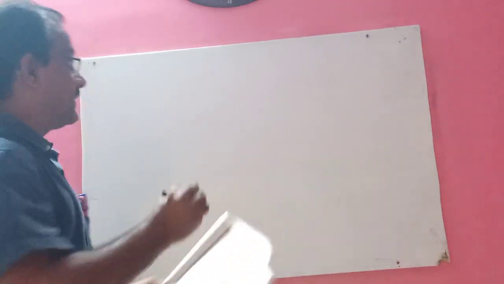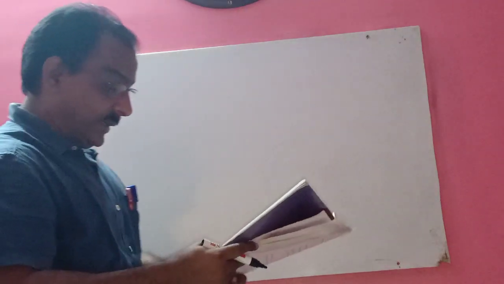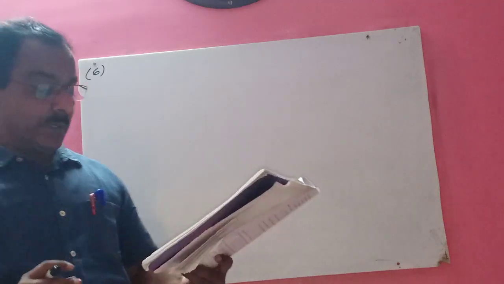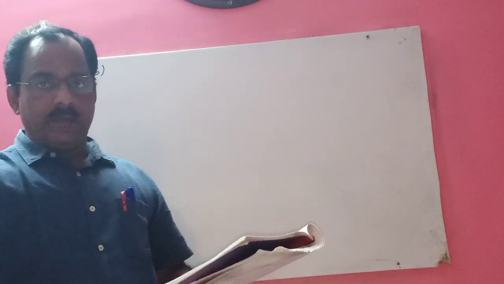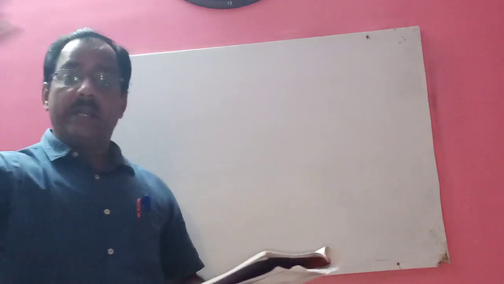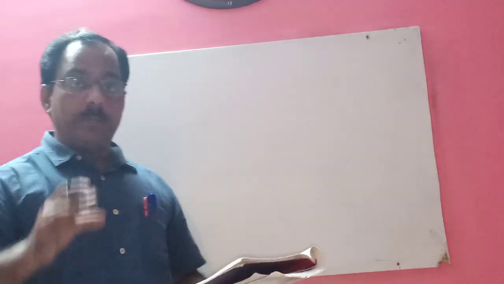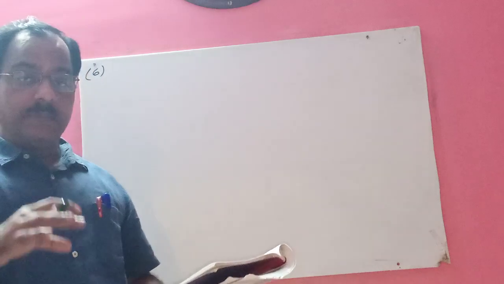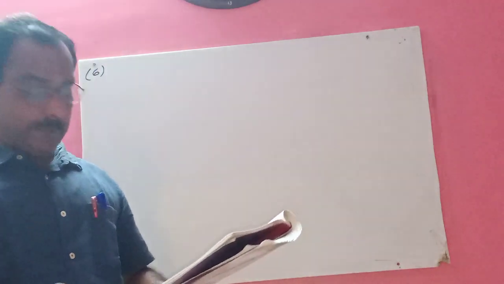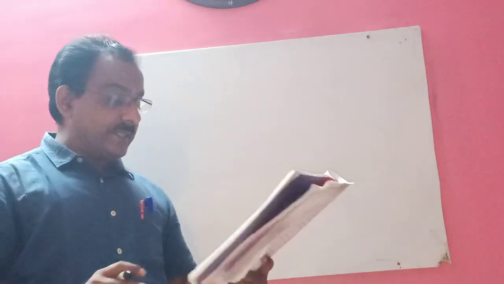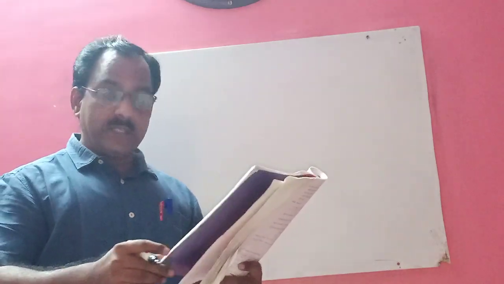Now children, question number 6. See what is given here. Prepare business to consumer, B2C. When business is between one trader and another trader, that time it is called B2B. Now here the business is between a businessman and the customer, that is why it is called B2C. So prepare a business to customer, B2C tax invoice.